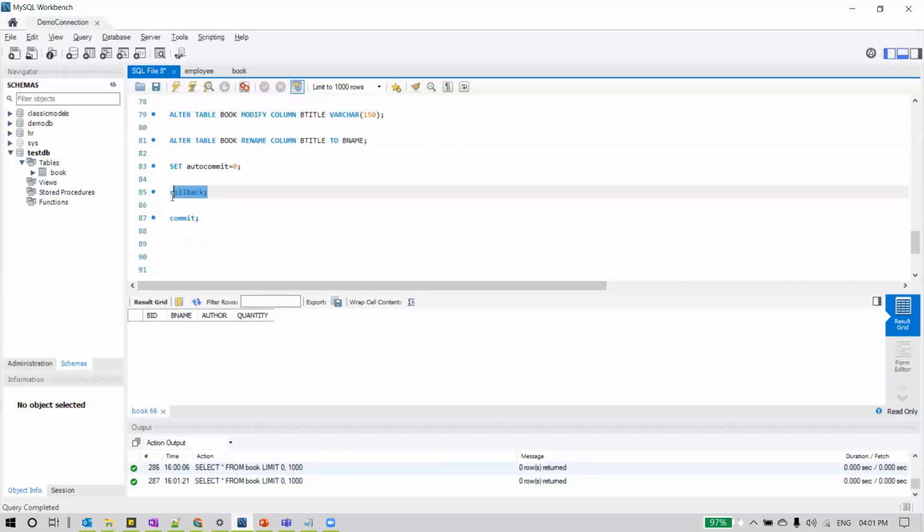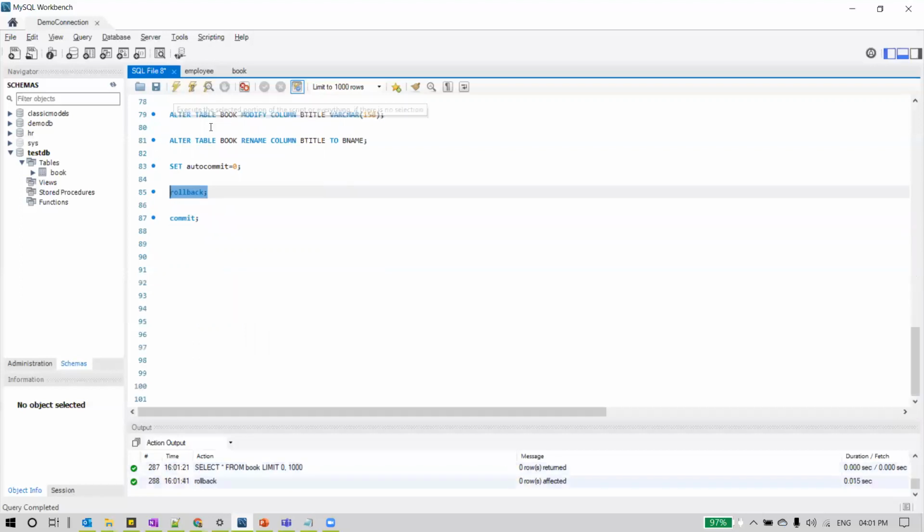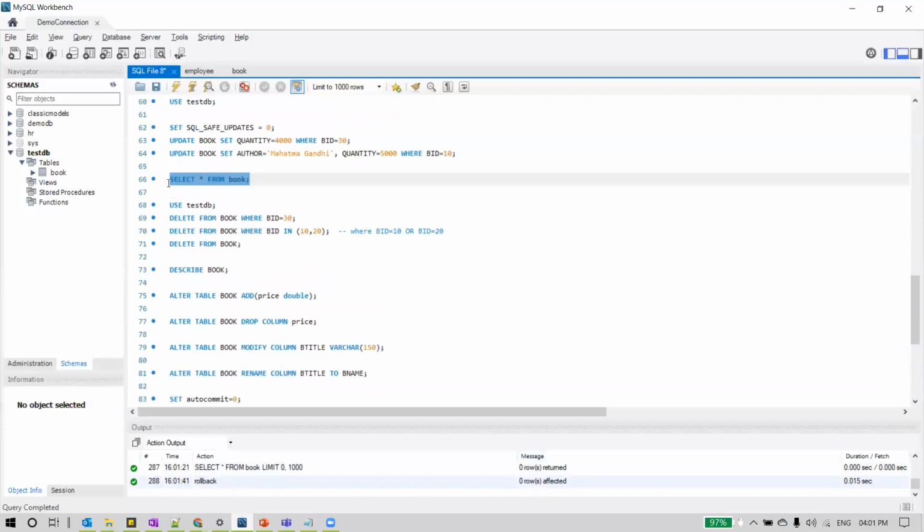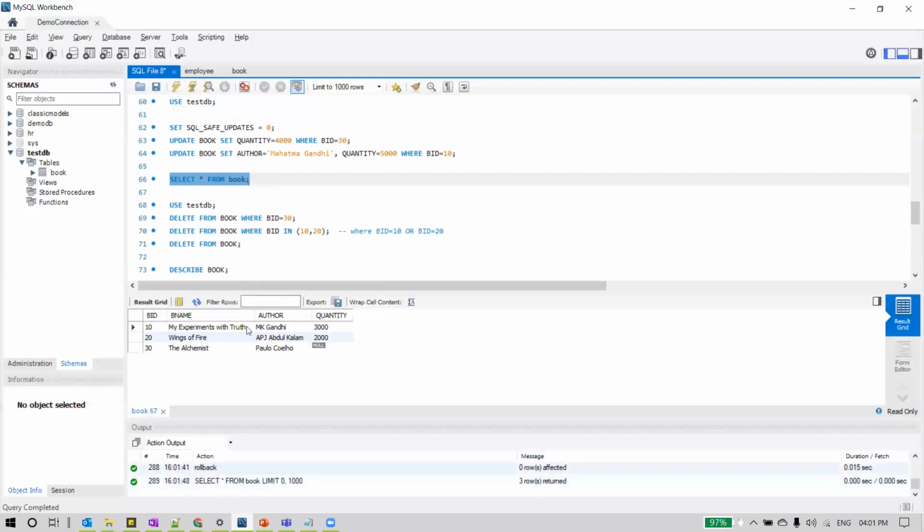I realized it was done by mistake. We ran that command, and we don't want this transaction to be committed, so we'll not be using commit, we'll be using rollback. With this, the rollback command succeeded. Now let us do select star from book again, and you can see we got the data back.